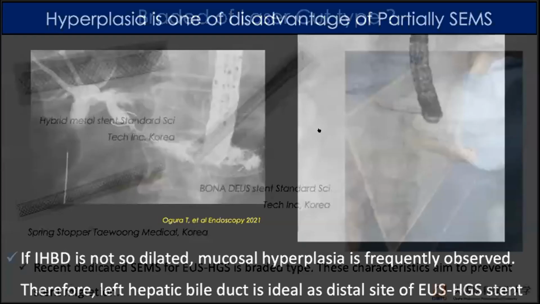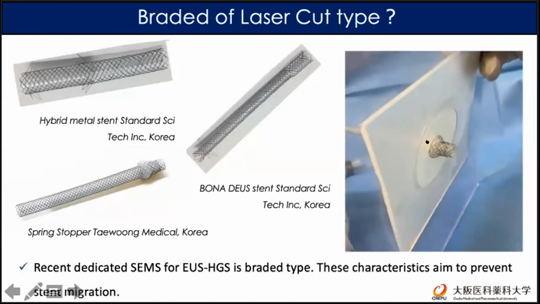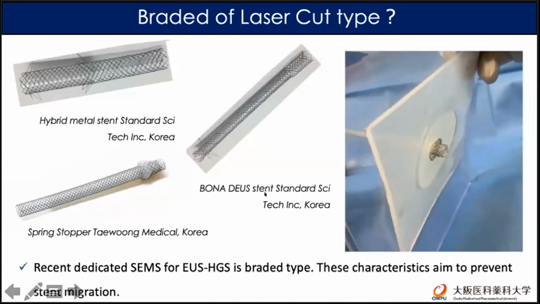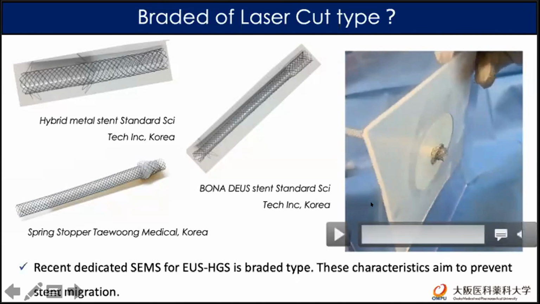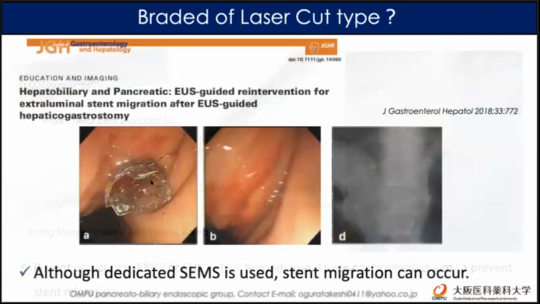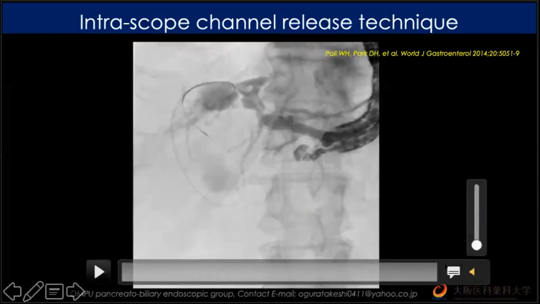Next, I'd like to talk about braided type or laser cut type. The recent dedicated self-expandable metal stent for EUS-HGS is braided type. These characteristics aim to prevent stent migration, but even when a dedicated self-expandable metal stent is used, stent migration can be a complication. To prevent stent migration, the intra-scope channel release technique